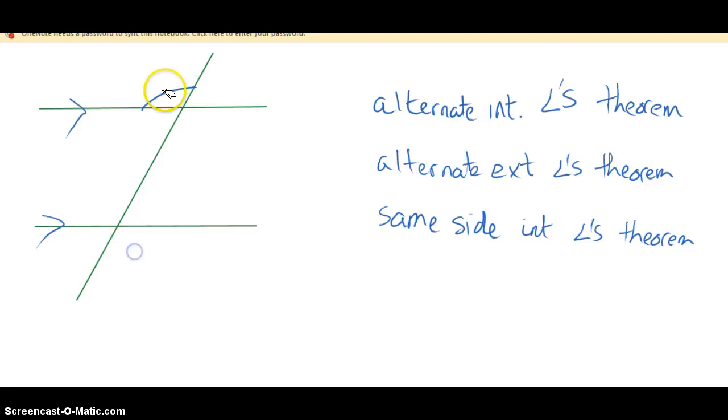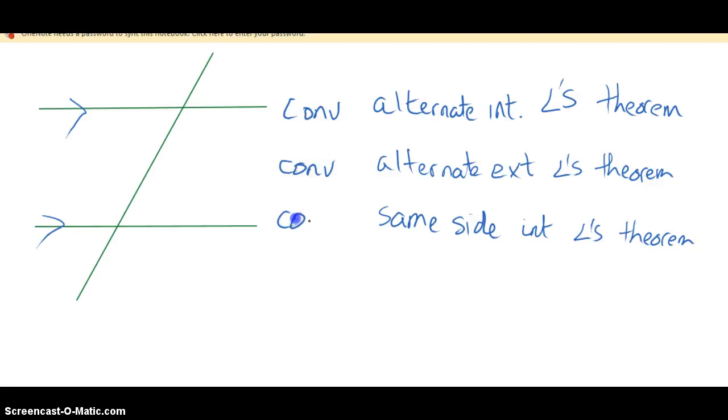And then the last one, you have to be real careful with this one. Same side interior angles theorem. Well, these two are same side interior, and it should be very clear to you that they are not congruent, but this theorem said if the lines are parallel, then these two angles here and here have to add up to 180. So let's talk about what the converse of each of these theorems says, and it's pretty simple. Just like the converse of the corresponding angles theorem,